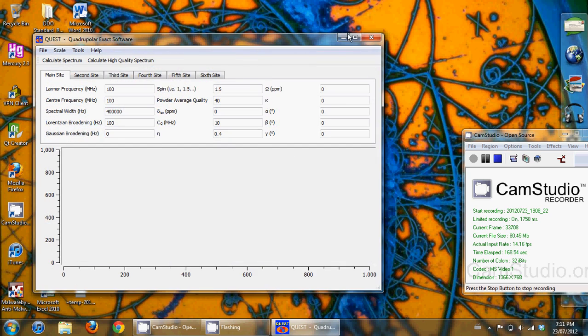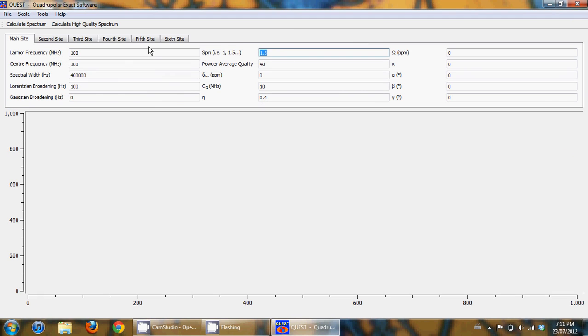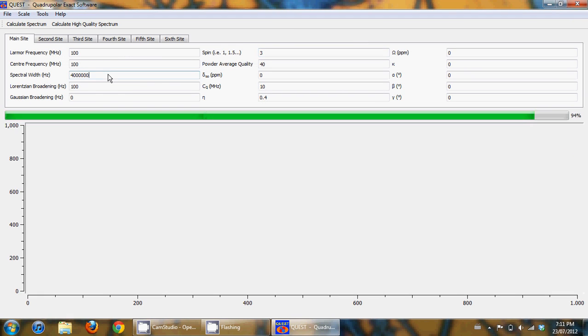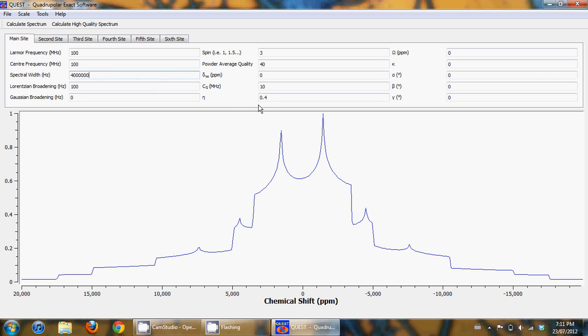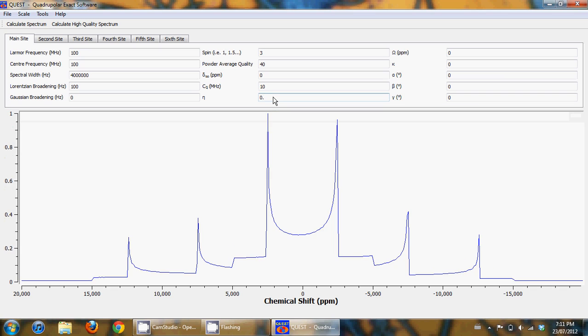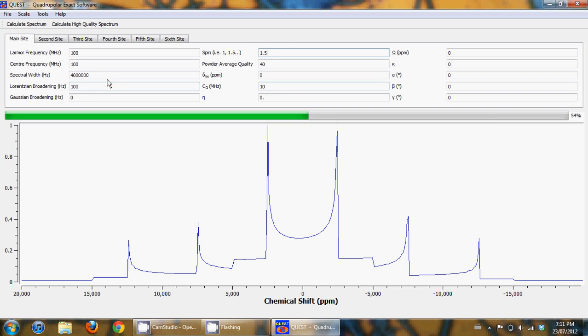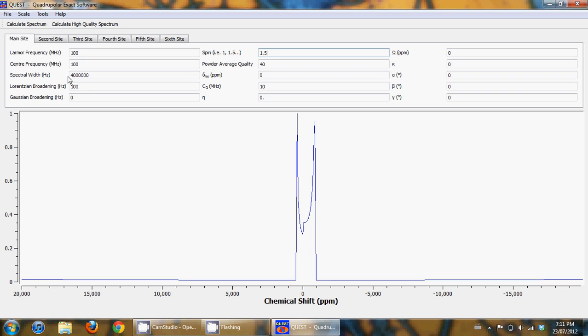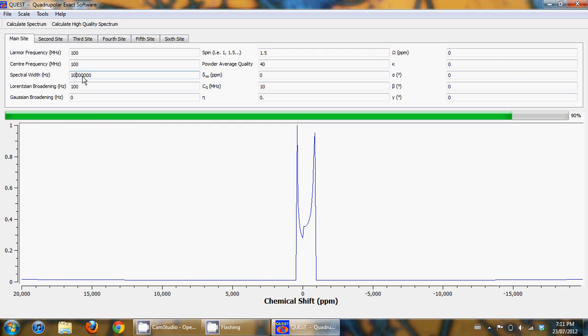The option to simulate spectra for the spin of 3 has also been added, which was not previously in Quest. So as you can see, you can now simulate spectra for any spin of 3. And I'll just change the spin now back to 3/2. And so you can see now that for this spin of 3/2,